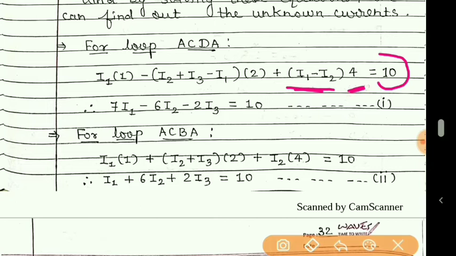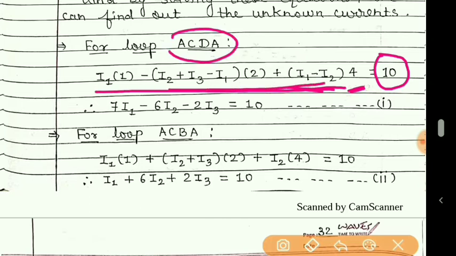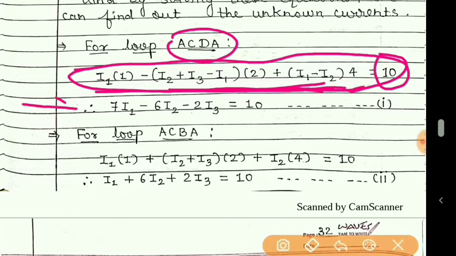And we have earlier written this 10 for the battery. So we have applied Kirchhoff's second rule to this loop. After opening the brackets and simplifying the equation, you will get this equation, which is equation number 1. So students, from this step to this step, you have to do one more mathematical step on your own. You can pause the video, do paperwork, and check whether you are getting this or not.